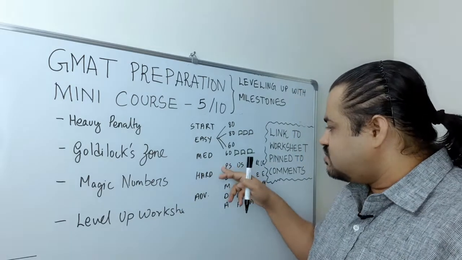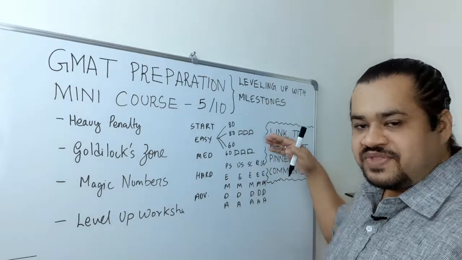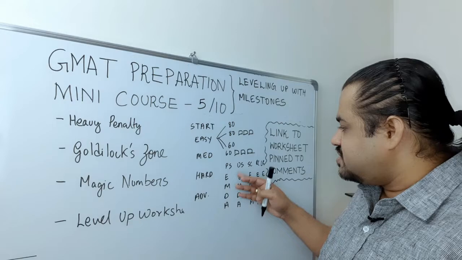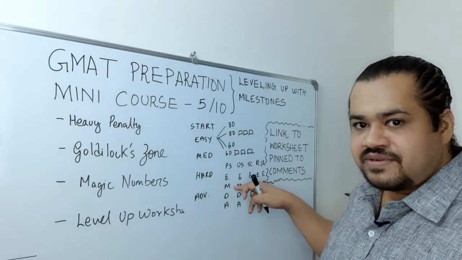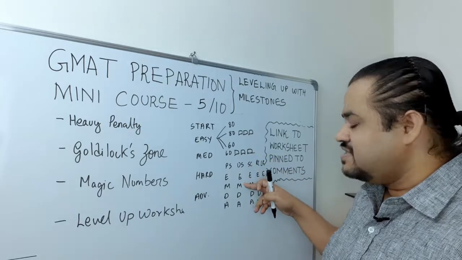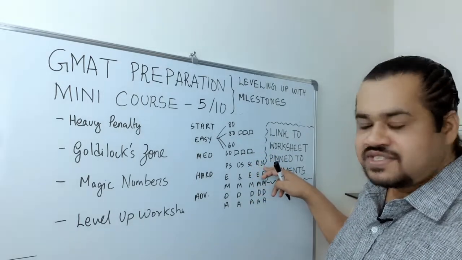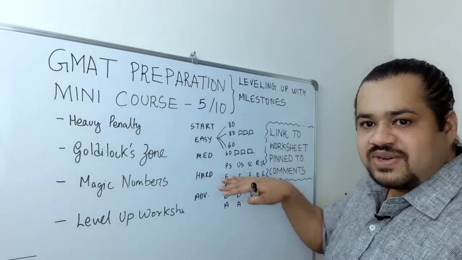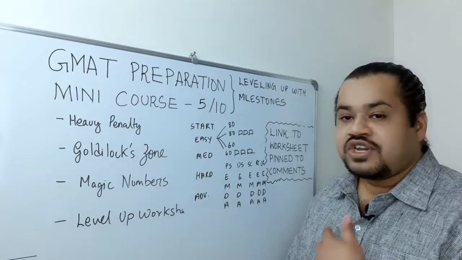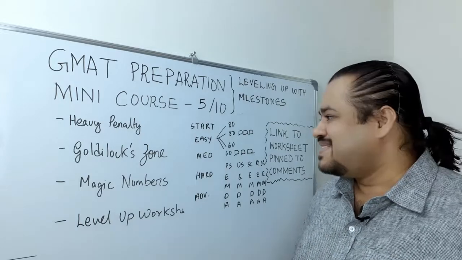Okay. You can choose to approach it horizontally, that is, you finish easy for all this and then go for medium for all the areas. Or what you can do is you can finish easy, medium, difficult, and advanced for problem solving, then do easy, medium, difficult, advanced for data sufficiency, then sentence correction, then reading comprehension, then critical reasoning. You can do it this way or you can do it this way. Okay, whichever style suits you. And I'll be talking to you more about this when I discuss the GMAT study plans. So that's further down the video.